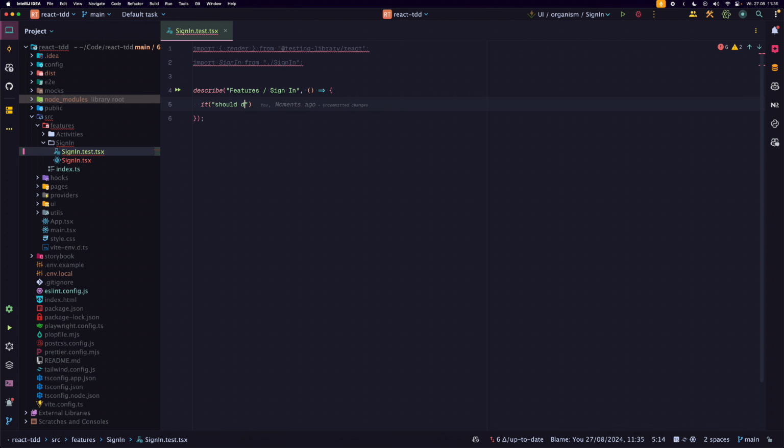Good. So what does it need to do? Should display the success message on success, and it should display the error message on error. Remember, we have tested emitting, we have tested changing, we have tested rendering previously. So now we are only testing the business features, and this is great. Since this will be a rather lengthy test,